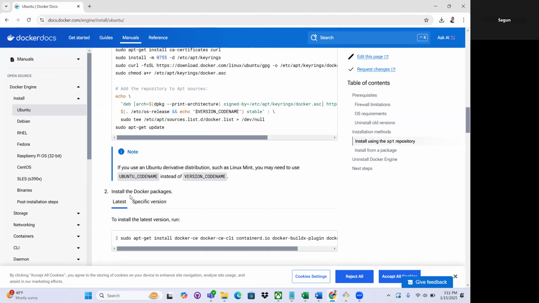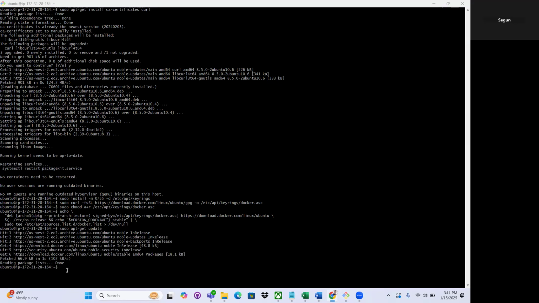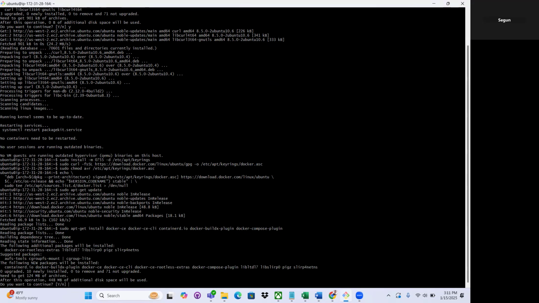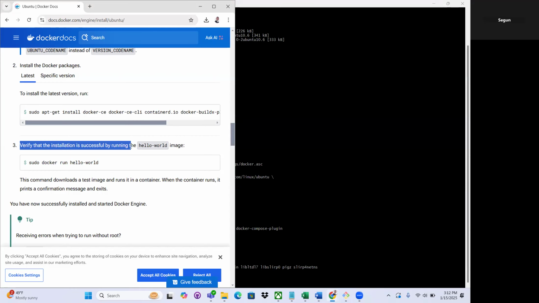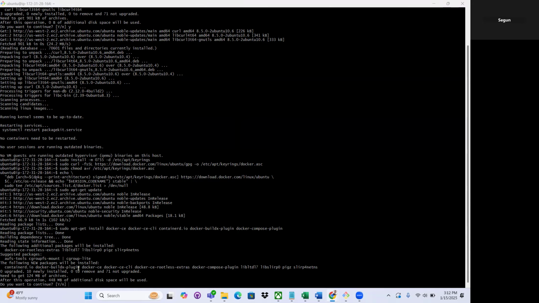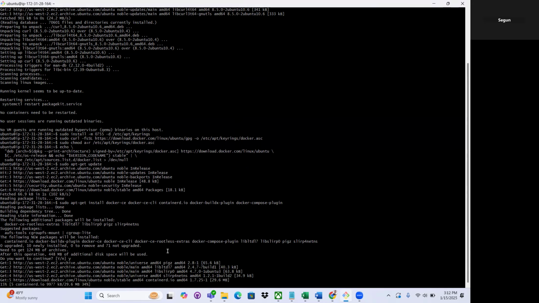So I'm going to come back to step 2, which is install Docker packages. So I'll just copy this command, and then I will run, paste, enter, plugins. Then I'll go to step 3. Step 3 is to verify the installation is successful by running the hello world image. So I'll copy this, and yes,